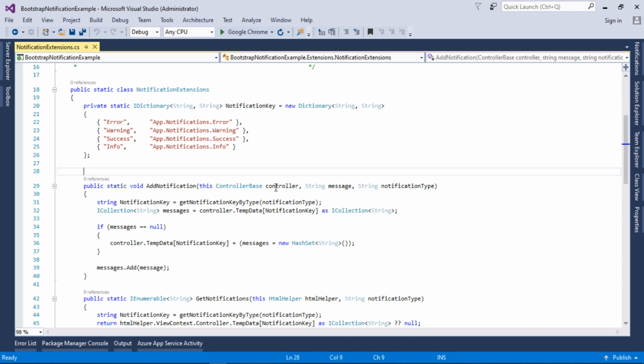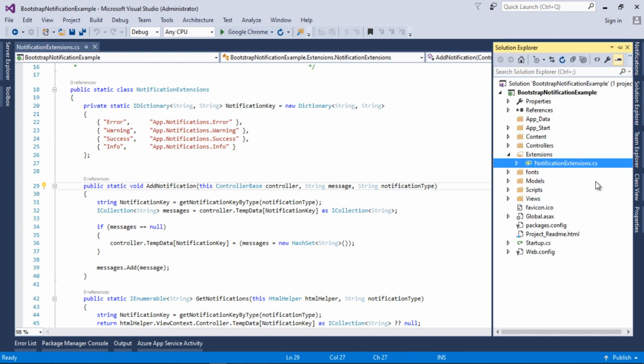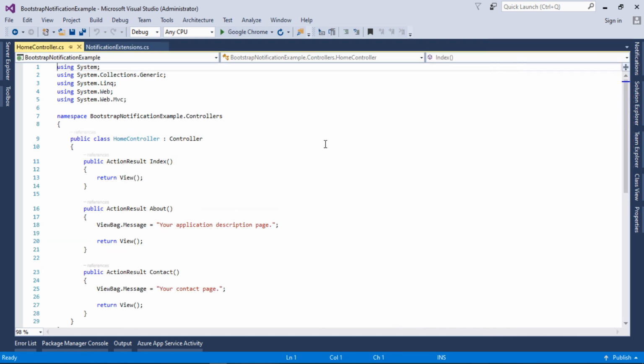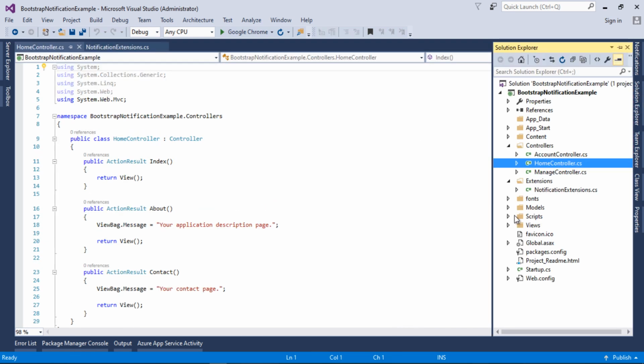So whenever we are in any controller, just the home controller or any other controller, we will directly use this dot add notification method there. Now I will go back to the controller and select the home controller from here.